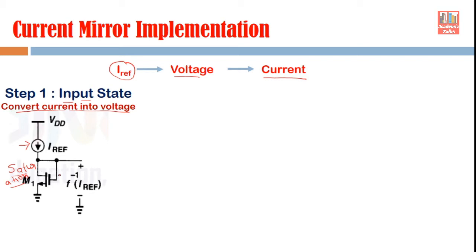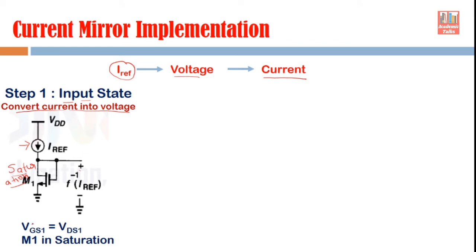So that way we can say that this reference current has been used to produce a voltage here, and whenever there is a change in the reference current, that voltage will also change. So you can see here this function is an inverse function of the reference current. Actually current is a function of voltage, but here we are using the inverse, so that's why this is indicated as an inverse function. So in this circuit you have to remember two things.